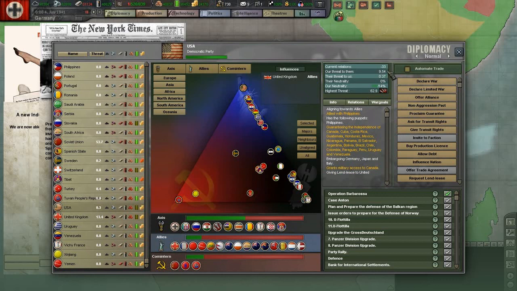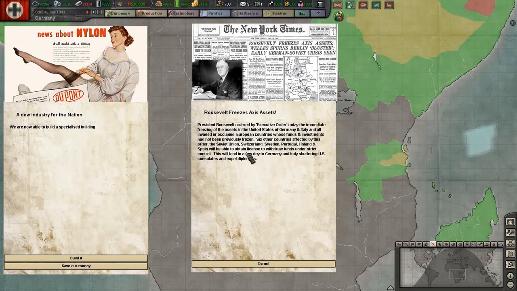So our current relations are -33. With everything that's going on, this is freezing the assets of the United States, of Germany, and Italy. But this also is not necessarily, or my understanding, again I haven't read the actual law, but this freezes assets of German nationals and Italian nationals and their companies, and not just national assets. And it freezes them, and